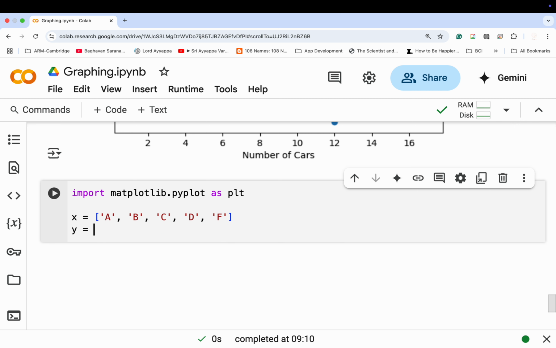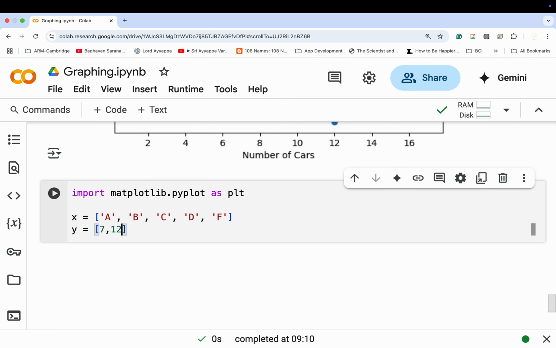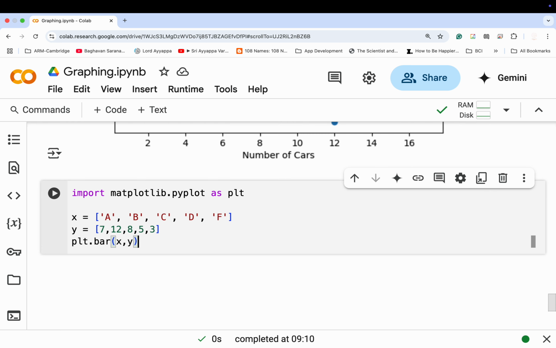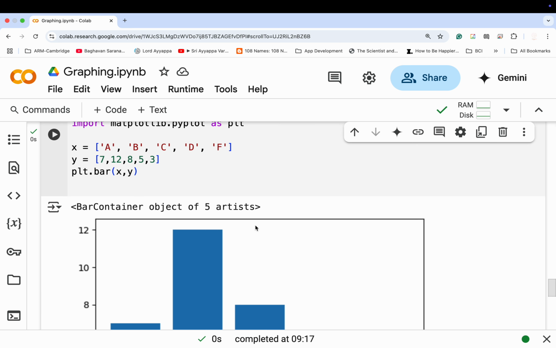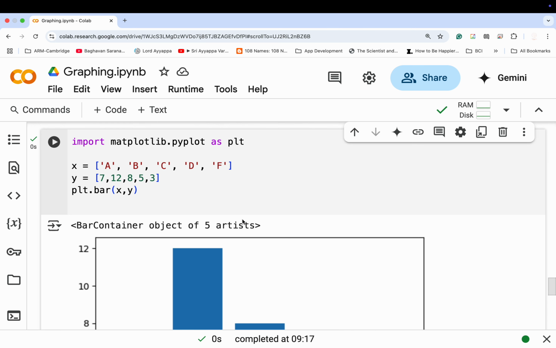And y will be the number of students getting these different grades. And to do a bar plot, you just plot plt dot bar, x and y. So let's run this first to have a look. So you can see that the plots are showing, and as before, we need to have three things: